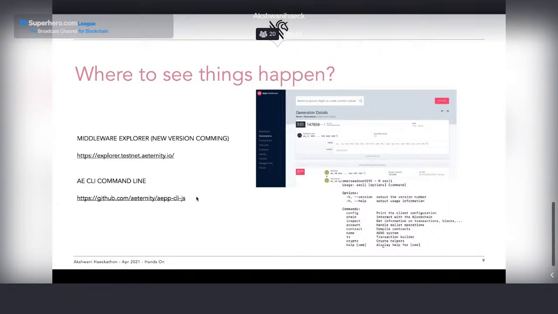It's super easy to use. It's just npm install, so that is going to be super easy to install if you need it.